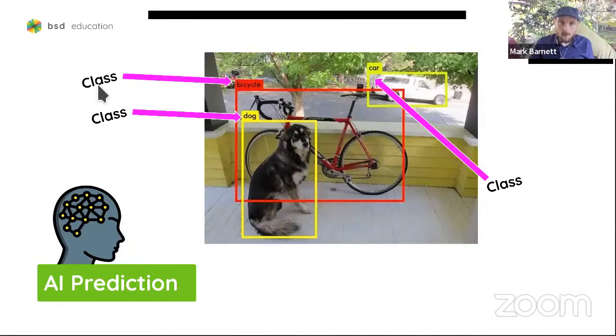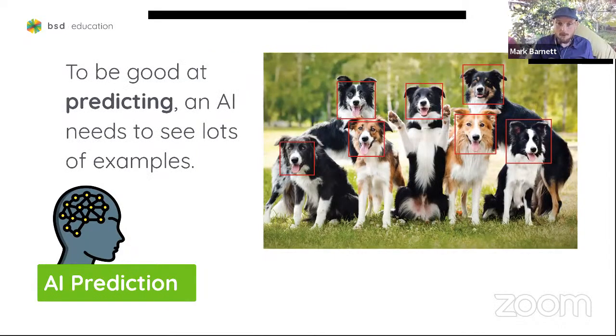Same thing with bicycles. There's a class called bicycle, but we've got red bicycles, blue bicycles, bicycles with two wheels, bicycles with small wheels, etc. So the AI has to start to understand that there are lots of different kinds of the same kind of thing inside that class. So, here's an image of a bunch of dogs. Here are all the dogs. All these dogs are different. They have different facial expressions, different colors, even though some of them are similar. Like we've got these black and white dogs that are very similar, but there are differences in their nuance and in their shape, and even the camera angle.